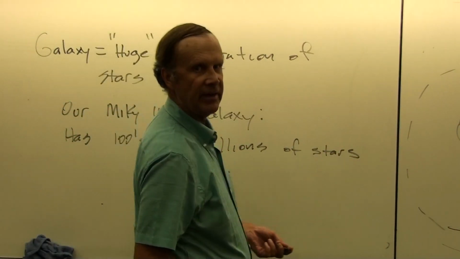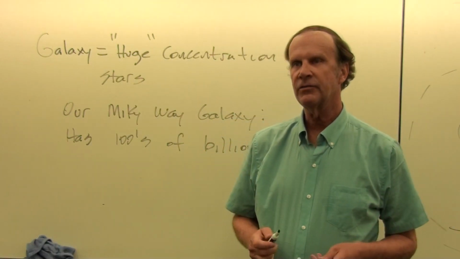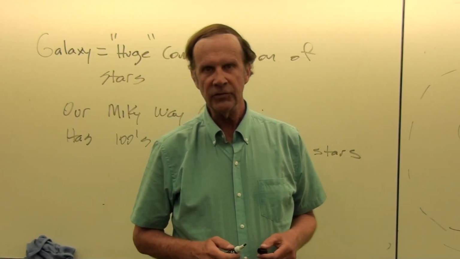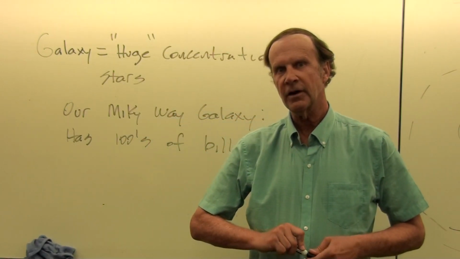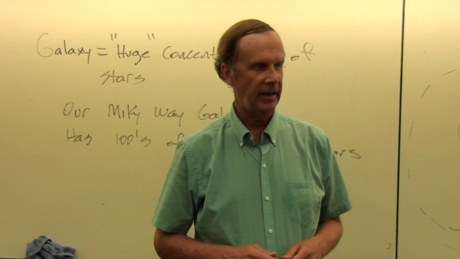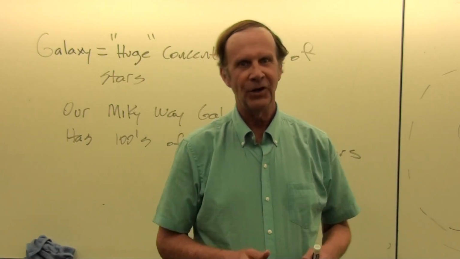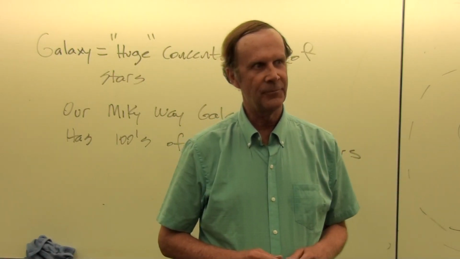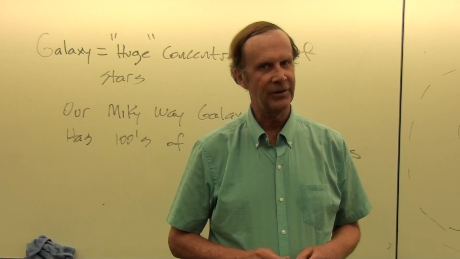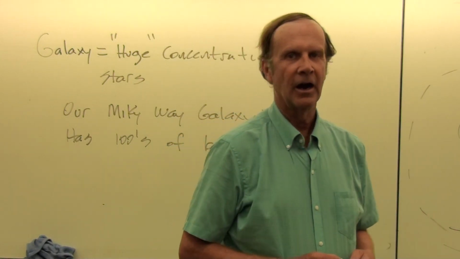And so we haven't even had time to count these stars. Because if you counted one star a second, it would take you thousands of years, even at 1 star a second, to count hundreds of billions of stars. Okay, and so we're going to need computers that can multitask and count multiple stars at the same time. That's the only way we could possibly expect to do a reasonable survey of our Milky Way galaxy.